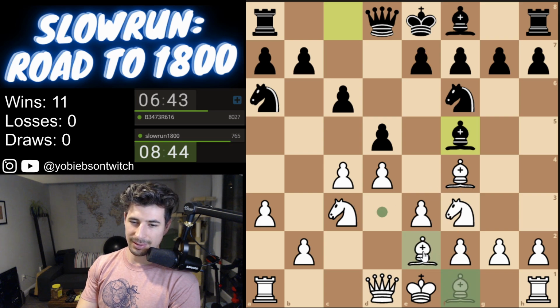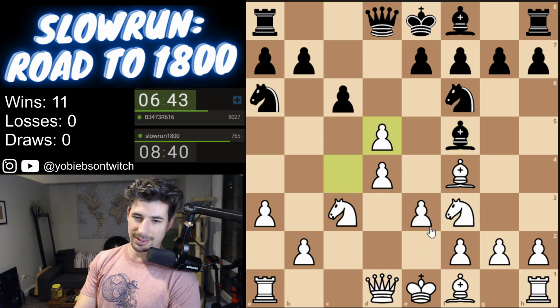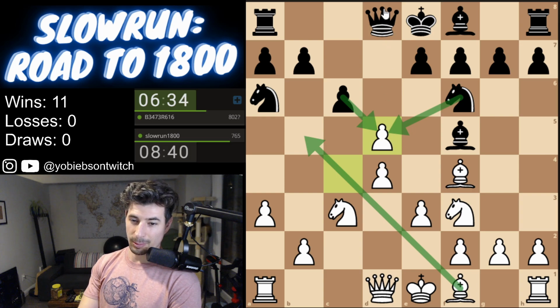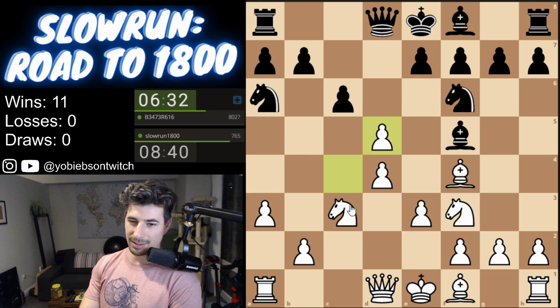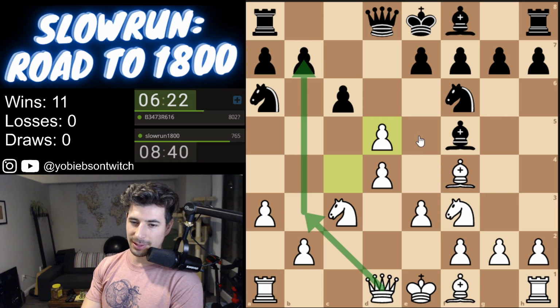Let's see. Let's just bring... Actually, let's take here, right? Because then we go here, and he might be in trouble, actually, because I guess he could take with his knight. Or his... No, his knight. It's got to be his knight, right? We also have here to this weak pawn. So you can see with my London's very similar approach, as the development goes, you develop and then,